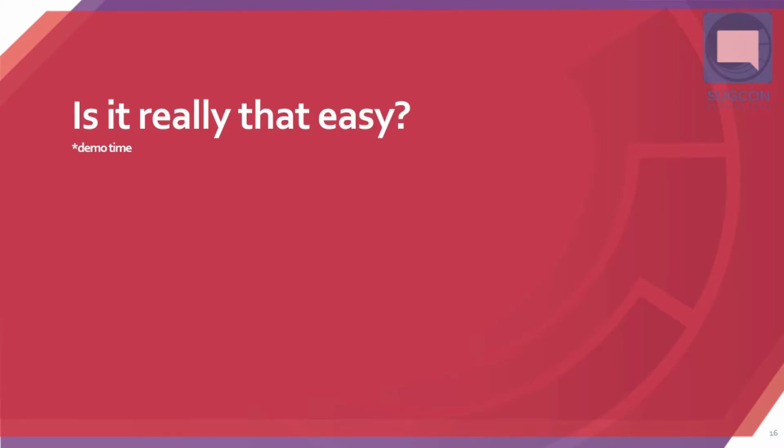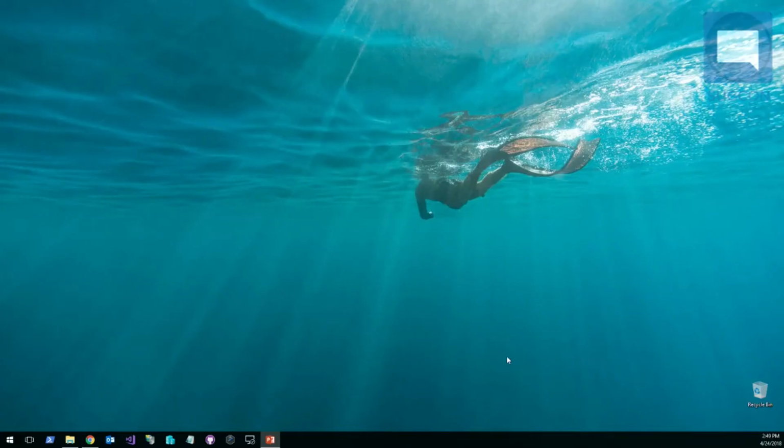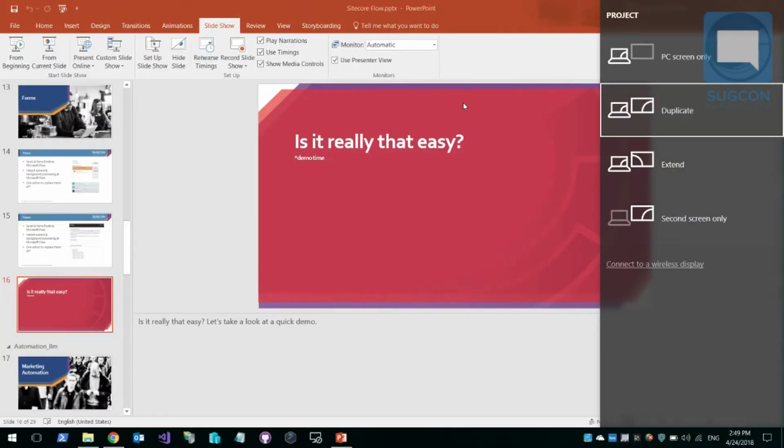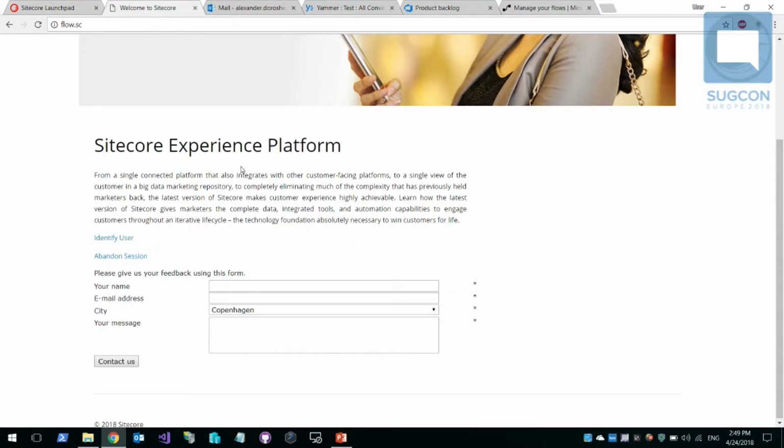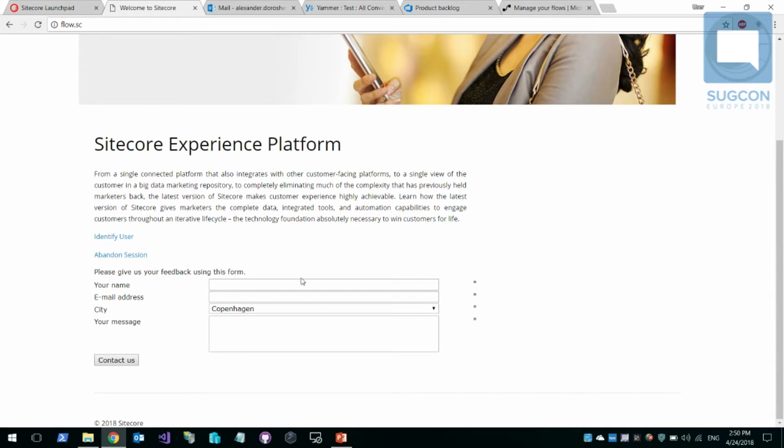So yeah, let's see how it works with the forms. I have a quick demo for that one. So I have a simple feedback form here. Imagine we have a form which users fill in, for example, after the purchase. They fill in their name, email address. Let's just populate something, like I'll choose Berlin, and leave some message here like, hello, SUGCON. And on the back end,